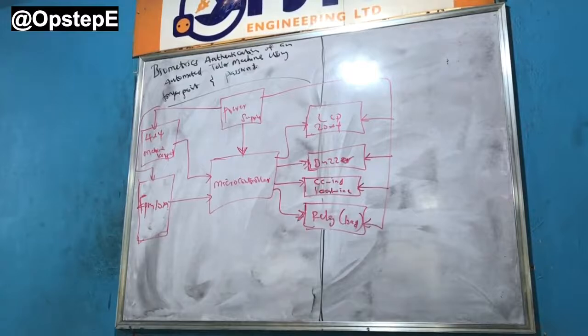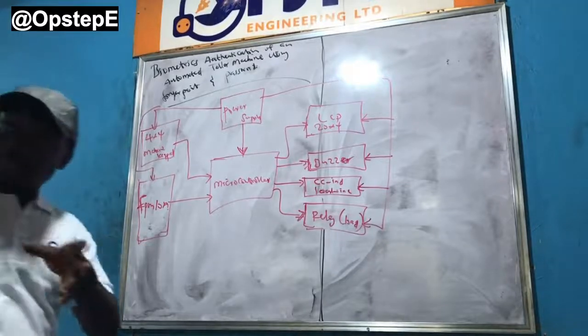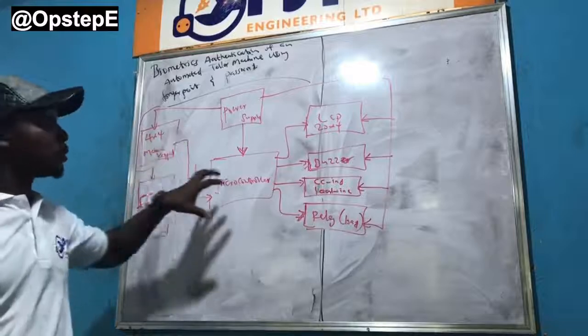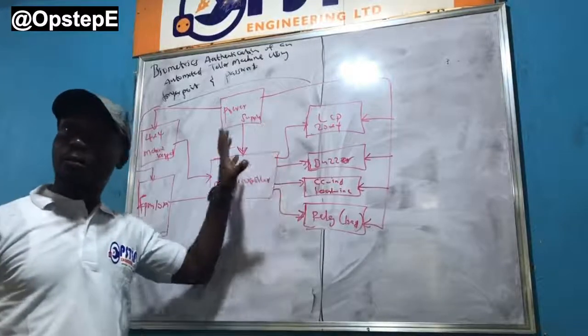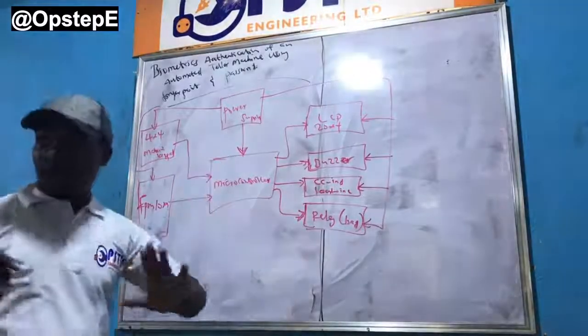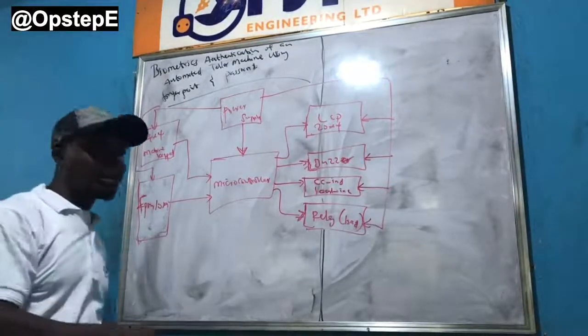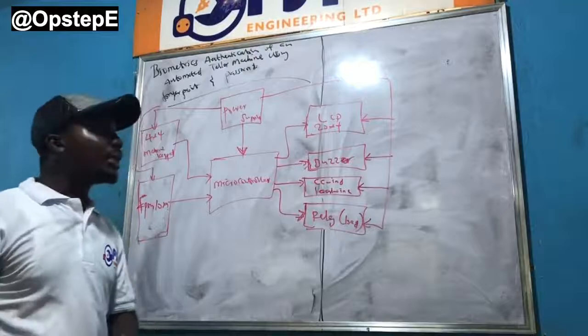Is it clear? So, what will we do? For us to have a very good understanding of the project, we have to actually explain these blocks, and from these blocks, deduce the circuit diagrams for each block, and then we'll be done explaining the project. First is power supply. I'd always maintain that before you go,